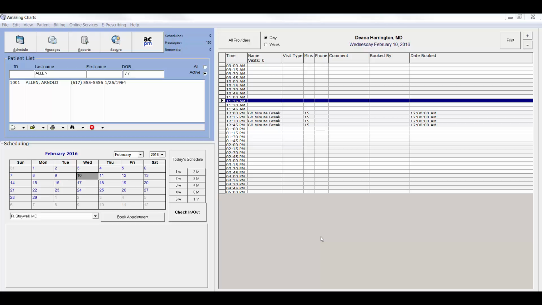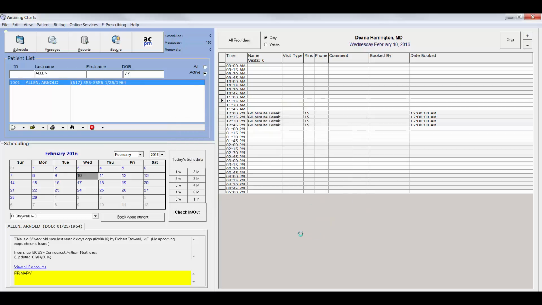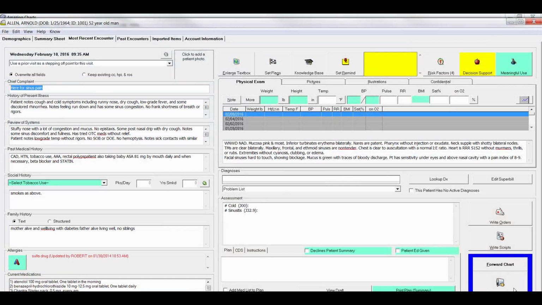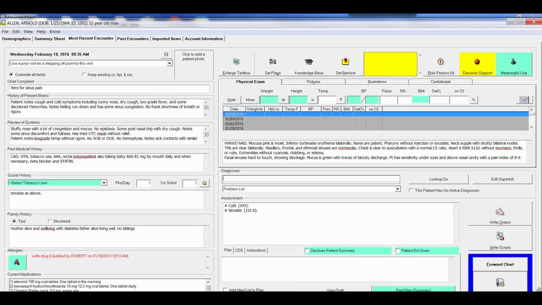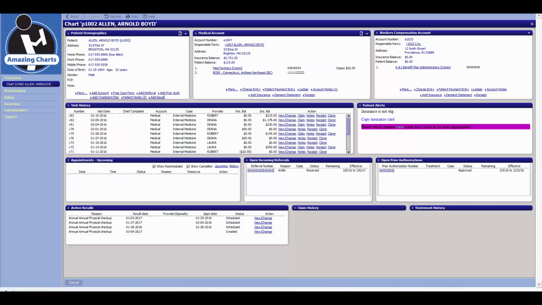So what we hope to have happen when you start using Amazing Charts is the provider is going to be working on the patient's encounter in Amazing Charts. And when they're ready to sign off on the patient's chart, they'll go to the bottom right-hand side of the screen under the Most Recent Encounter tab, and they're going to click on Sign Off. When they click on Sign Off, it's then going to display